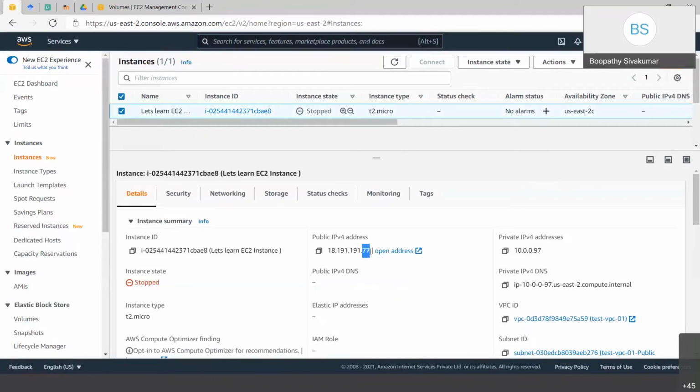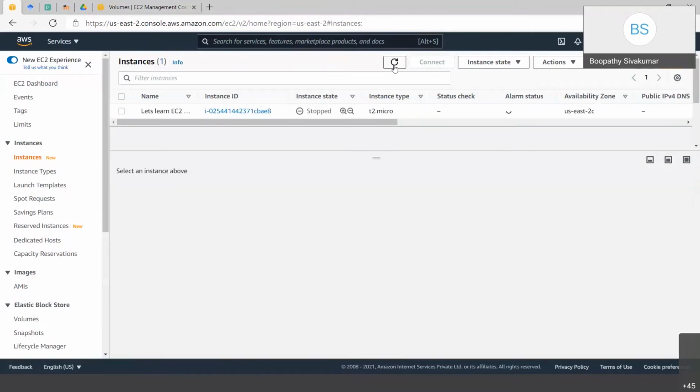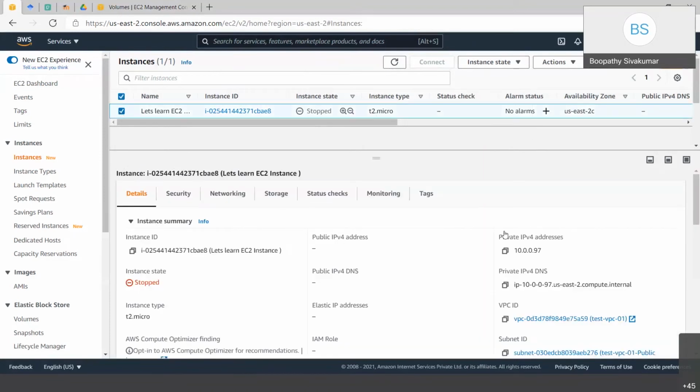So let's wait, yeah, it stopped. Can you refresh the screen? And click on the instance checkbox. If you see, the public IP address that got assigned has been removed.